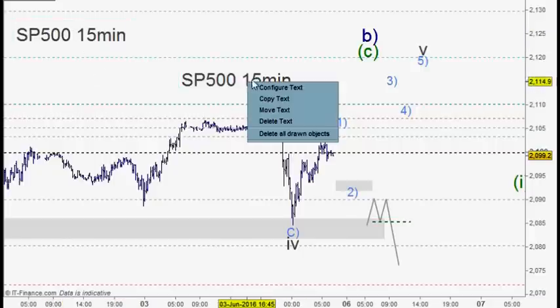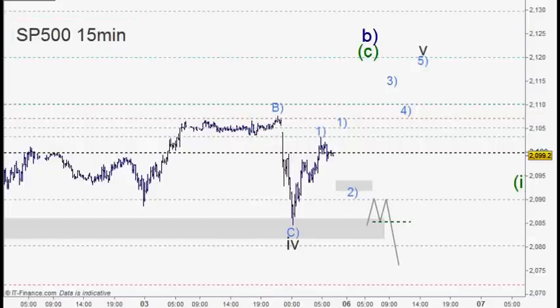Sorry, I don't need 2 of these here, so remove that. Now, it's possible that we've got 5 waves up into this area through here, or even one more up into this point. I'm looking on the positive side first, okay? So on the upside here, it's possible that we could go into wave 1 here, of 61.8% for wave 2, 3, 4 and 5, something of this nature, and then rolling over from there. Okay, so